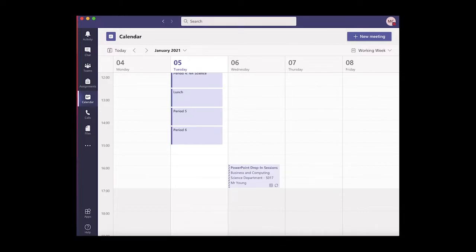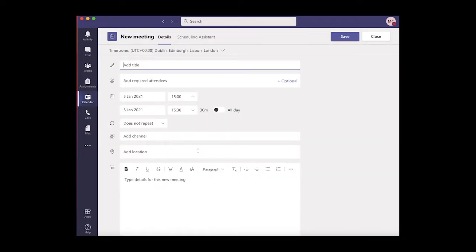Another way of scheduling a meeting is directly via your calendar app. So once you have selected your calendar icon at the side, which we have already done, you can add a meeting one of 2 ways. You can either click the plus new meeting at the top right hand corner, or you can click directly in the calendar between the time boxes. So if, for example, I wanted to add in one after this period 6 to be period 7, I could click in that area